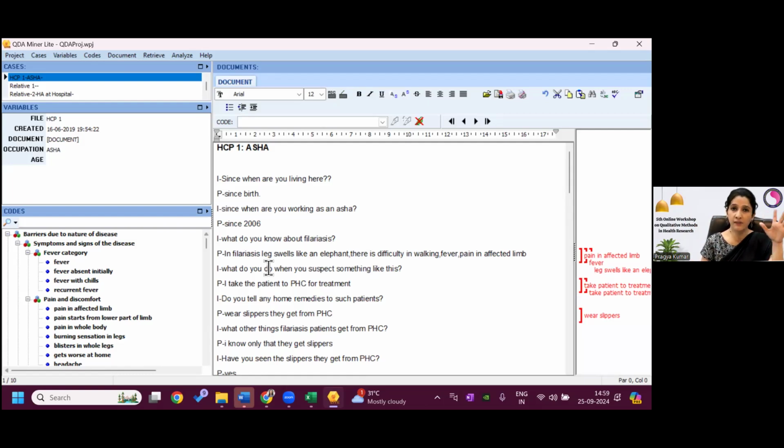Otherwise, you will be done with everything, and at the last, when you have to write, we will show you the SQC format of drafting a manuscript. At that time, if you are very good at writing everything, that is okay. But if you don't have very good writing skills, then it will be difficult. Even if you have good writing skills, I suggest this, because that thought process will not come again.